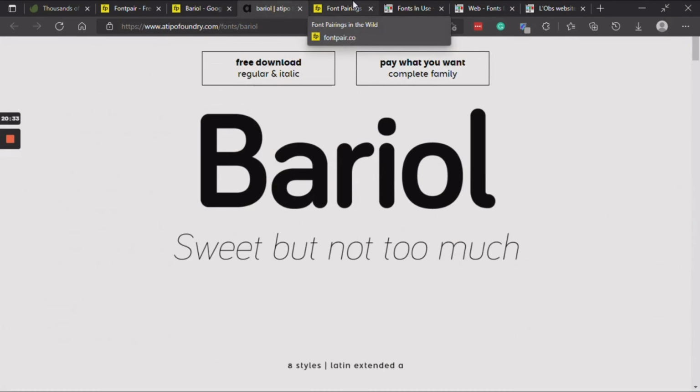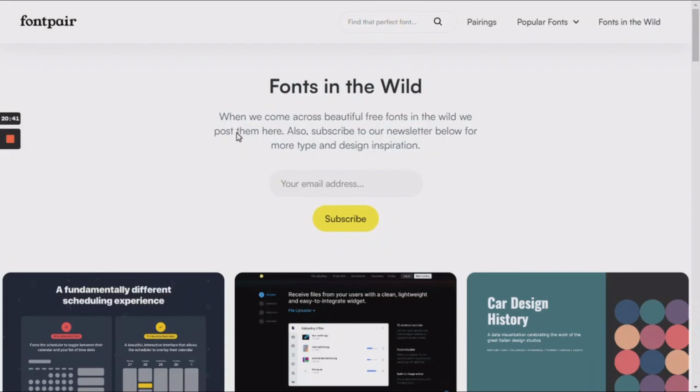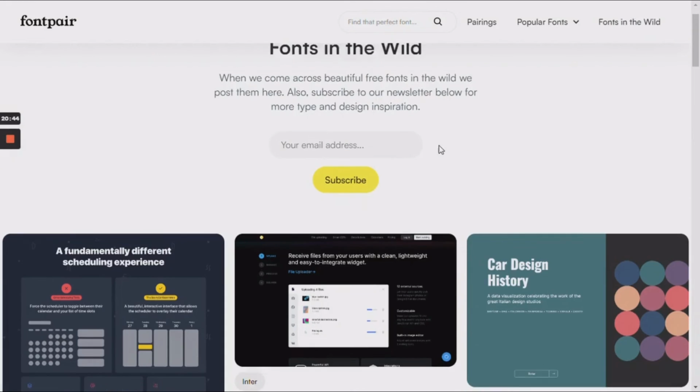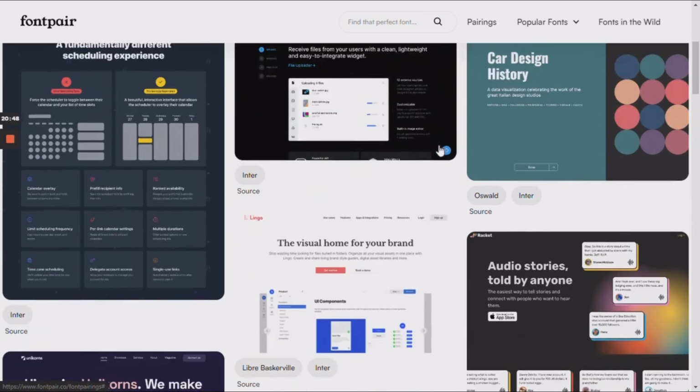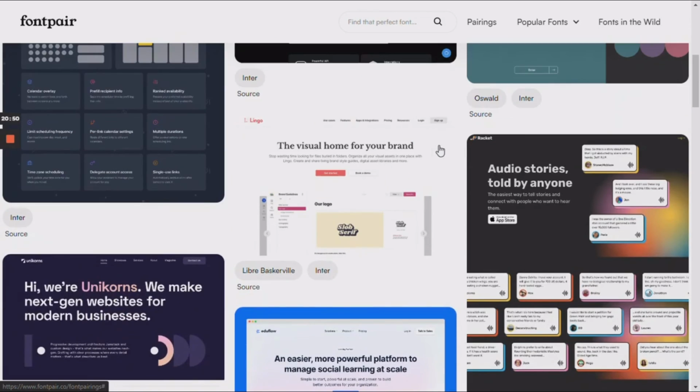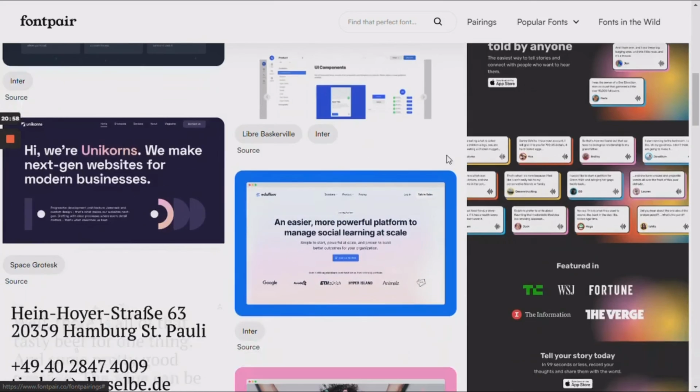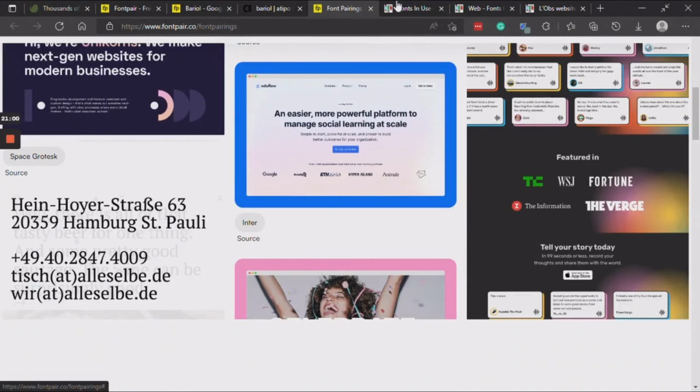The next one here is still from fontspair.co, but if we go to their font pairings in the wild, this is the link to the page. This gives you some font ideas again that you can make use of and see in real action. Like this one, they're using Libre Baskerville for the heading and Inter for the body text. These are just where you can get font inspirations for your project. Another one is called